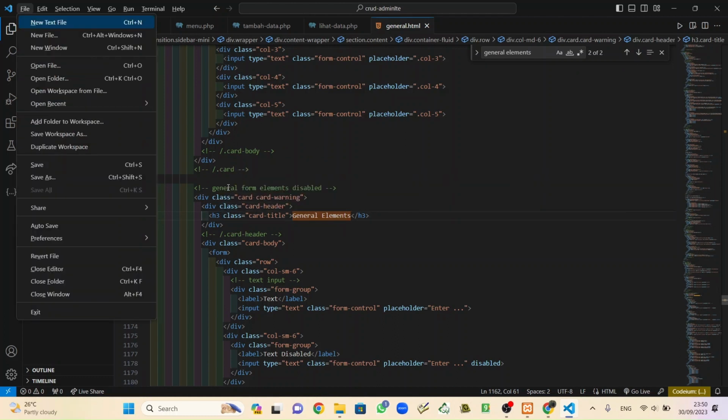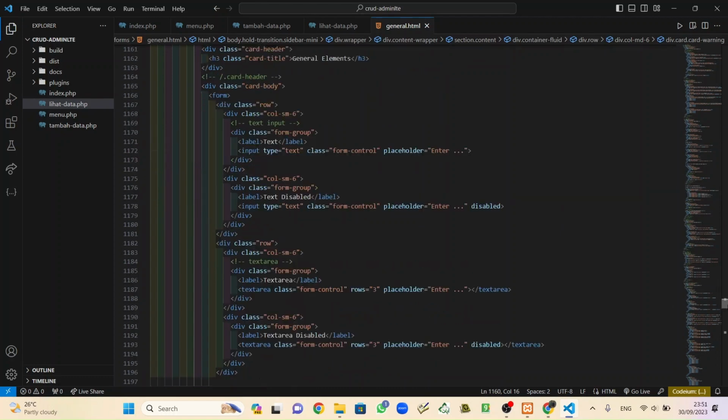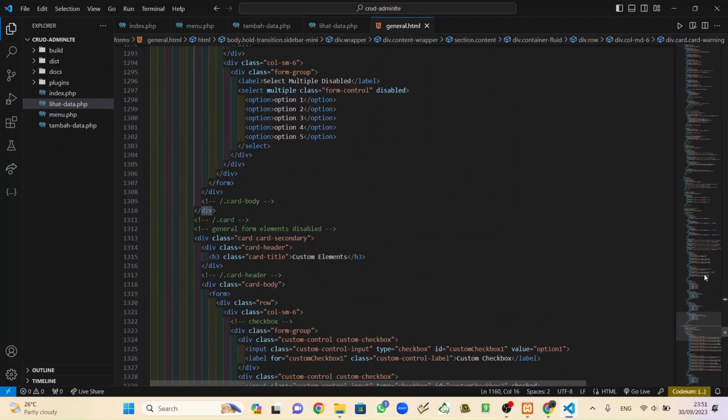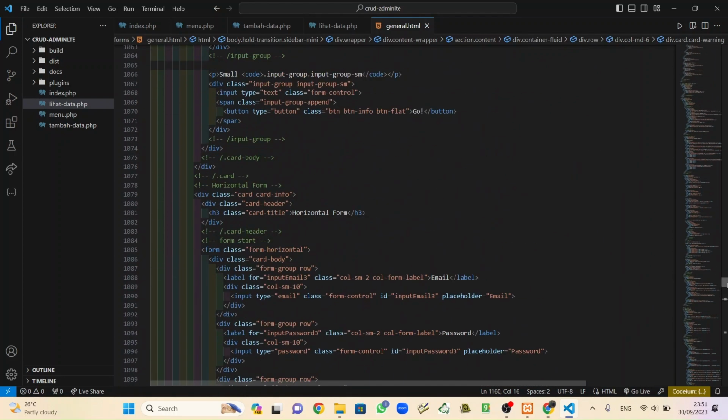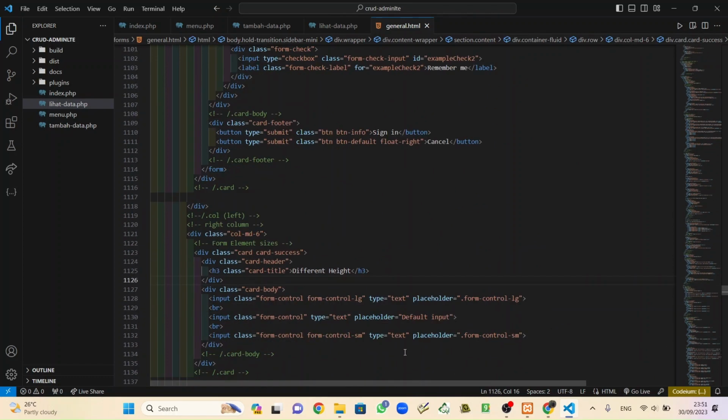And copy from this until the close tag. Search for the close tag here. Where's the close tag? I think it's down there. I think it's here. Okay, that's long, right?